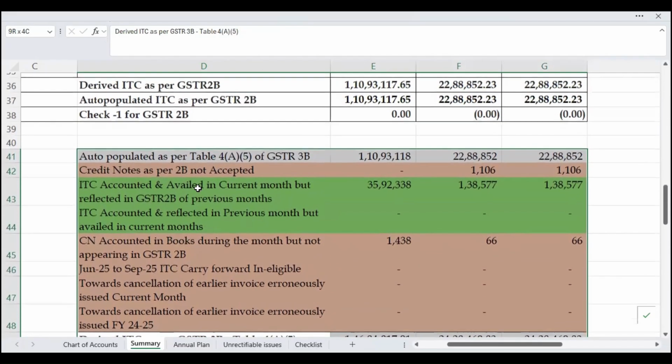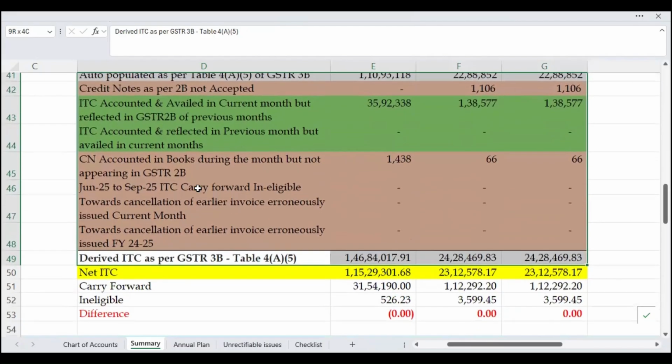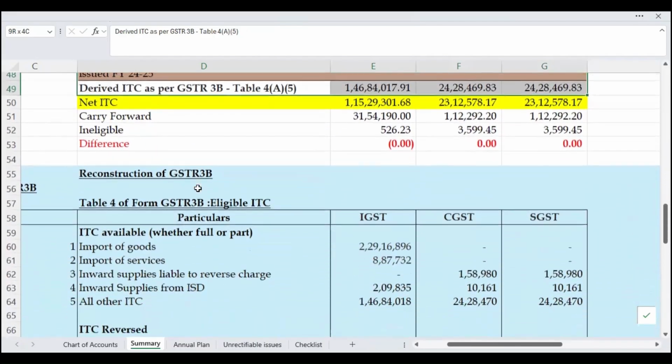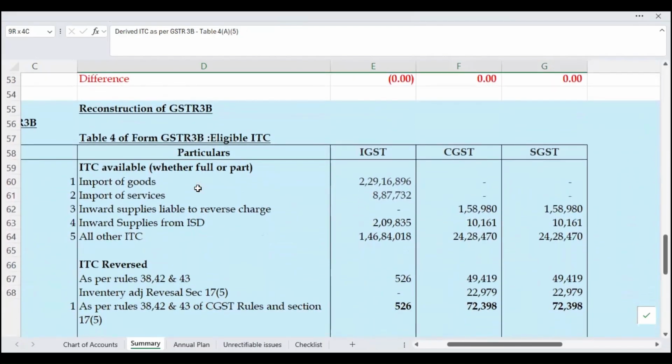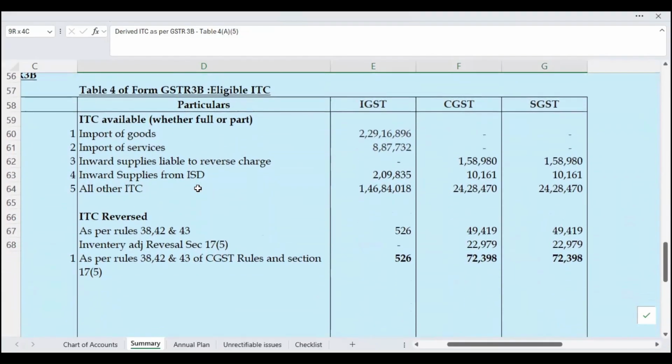This is a reconciliation from 2B to 3B, based on this reconstruction of GSTR 3B, the input tax credit which comes into my GST returns. Now, please keep in mind, if I do this activity every month, at the end of 12 months my life will be easy. If I don't know that I have to do this every month, suddenly if income tax, suddenly if GST